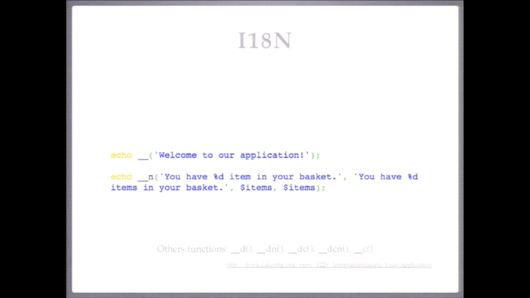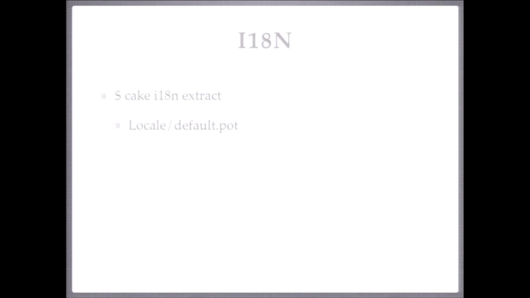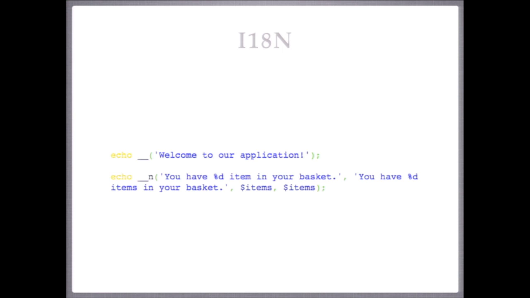So everything is covered. Also __dcn is like domain, category, and plurals. And __c is just category. And how to use that? Well, when you have a new application, it's very easy to make the application speak other languages. You just need to run